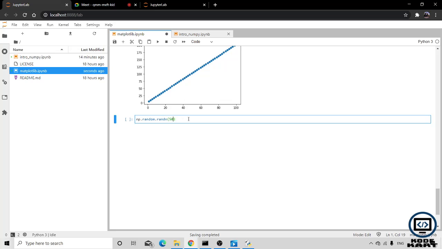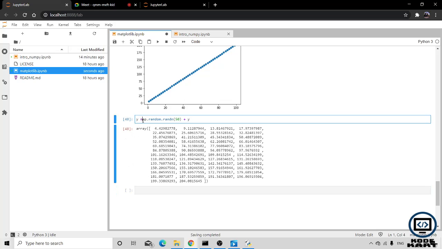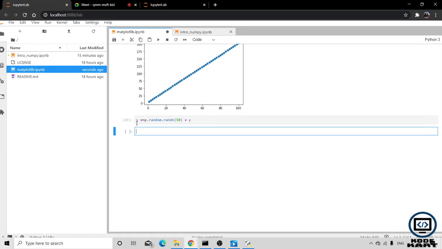Then we are going to add them into y. So np.random.randn is going to generate noise now. We add this value and store it into y only. Now this y is going to reflect the data with some noise.